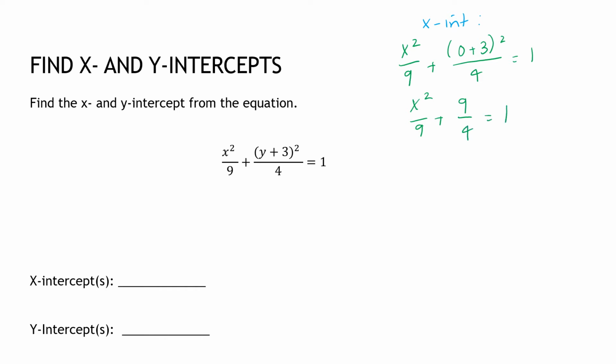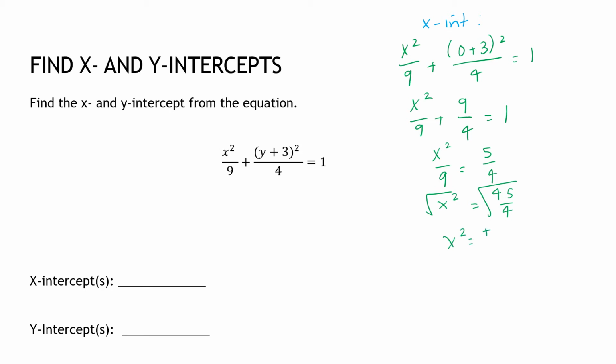I'm going to try to get that x by itself because I don't like what's happening right now. And so to get the x by itself, I'm going to subtract 9/4 from each side. Now 9/4 is a nice decimal. If you want to turn it into 2.25, you certainly can. That would give me x squared over 9 equals 1 minus 2.25, which is negative 1.25 or negative 5/4. Then I would multiply each side by 9, and that would get rid of the 9 in my denominator and give me negative 45/4. And then of course I would take the square root of each side,